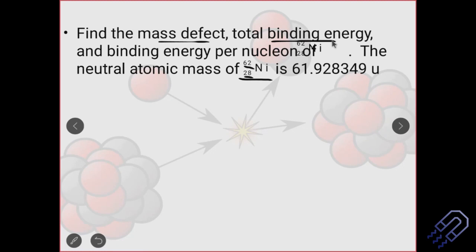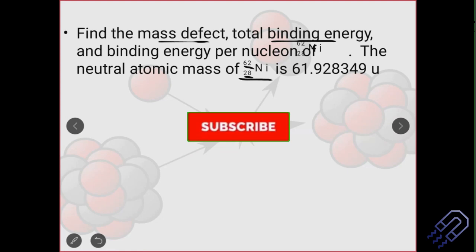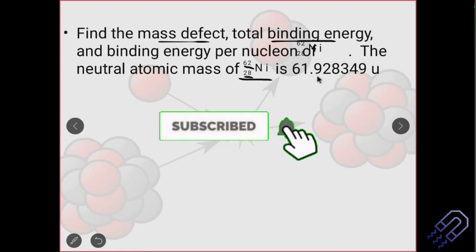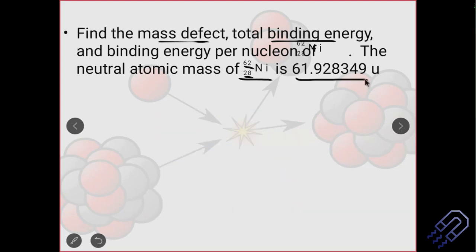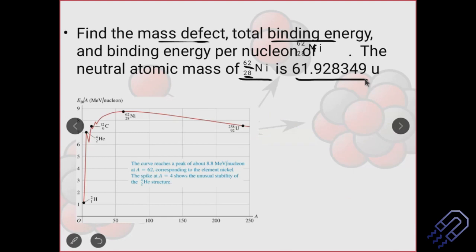So here, some of the parameters will already be given to you. It's not that you will be asked to remember these values. Mostly not. Okay, these values will be given to you. If you plot a graph, I think you have already seen this graph. Even if you have not, we are going to discuss this graph more in the third and fourth units, fission and fusion and all. So don't worry.